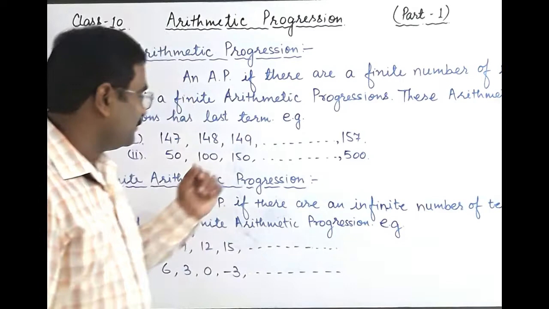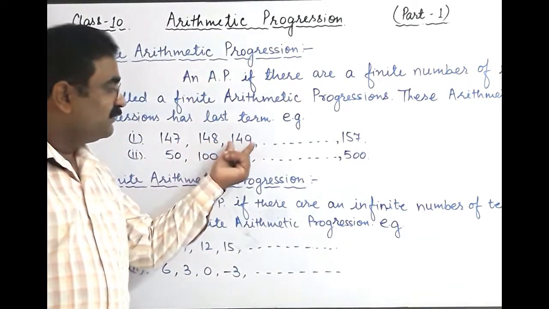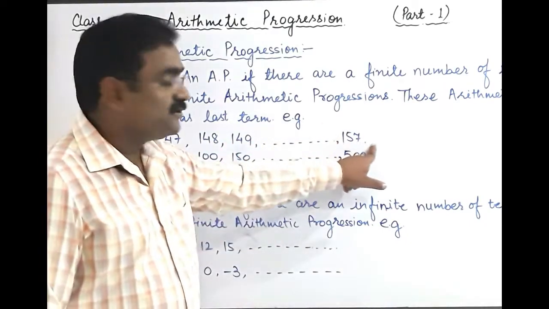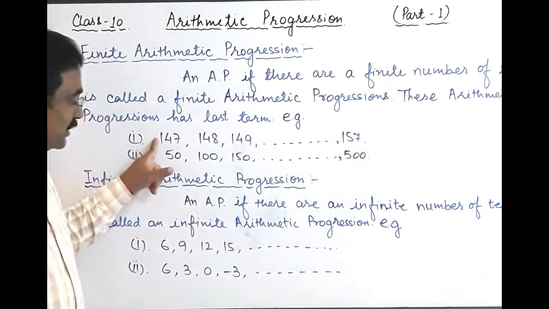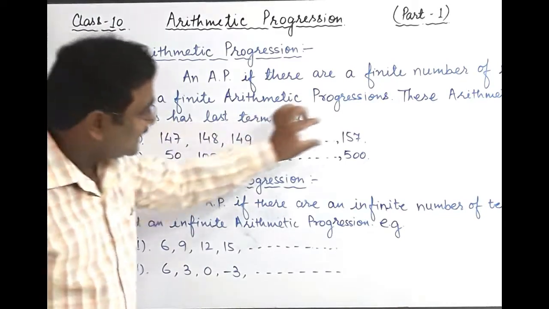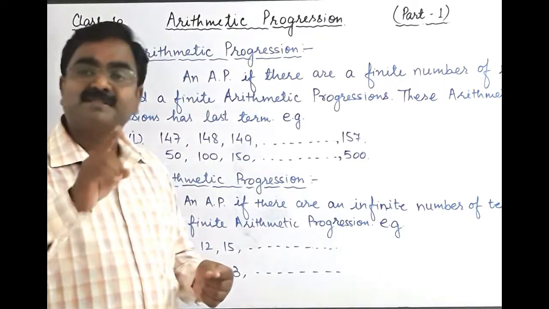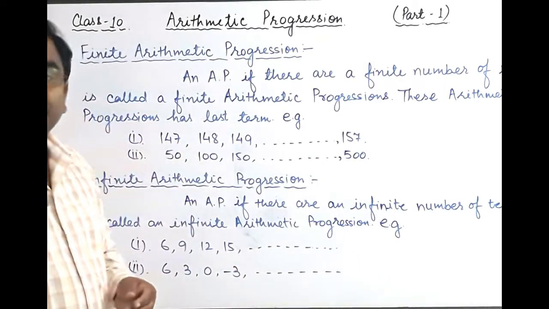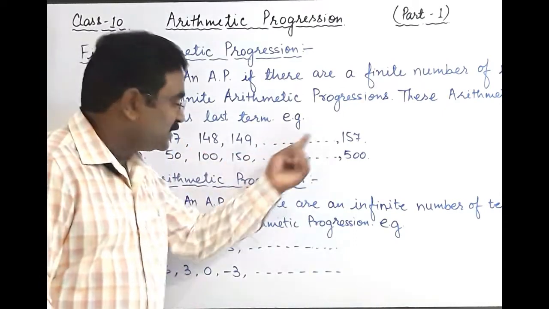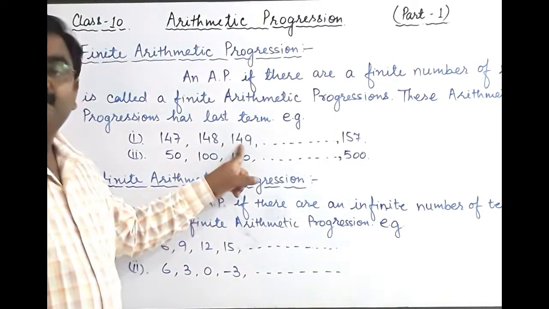arithmetic progression. For example, this first example is given: 147, 148, 149, etc. up to 157. So this is called the last term, denoted by L. This is the first term, denoted by small a. And the common difference is the difference between the second term and the first term, or the third term and the second term. This is called the common difference. So the common difference of this series is plus 1, because every term came when you add plus 1 to